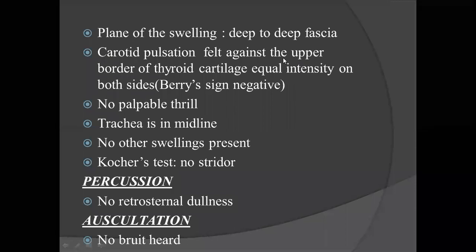Second time, I told you the normal thing, the upper border of the thyroid cartilage and the anterior border of the sternocleidomastoid. Normally we feel that is where it is here. That is where the common carotid bifurcates into the external carotid and internal carotid. You feel for pulsation here. If you feel the pulsation here, that means it is not infiltrated here. It is just pushed behind. I am not able to access it here. That's all. So that means it is not malignancy. Suppose I am not able to feel it here also. That means both the places it is absent. That tells me it could be a malignant thyroid disease I am looking at. Okay, everybody clear? Yes, sir. Yes, good. Next.